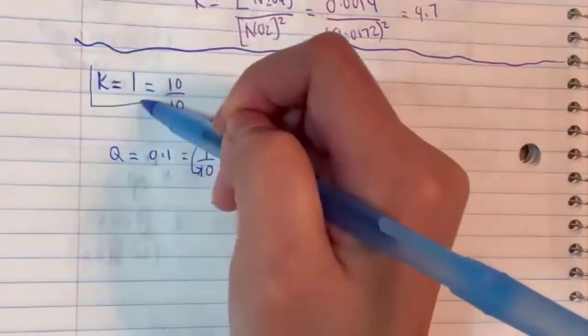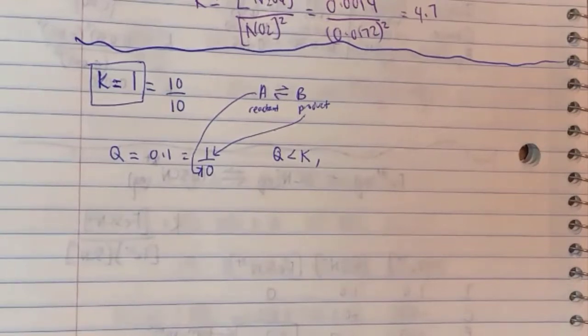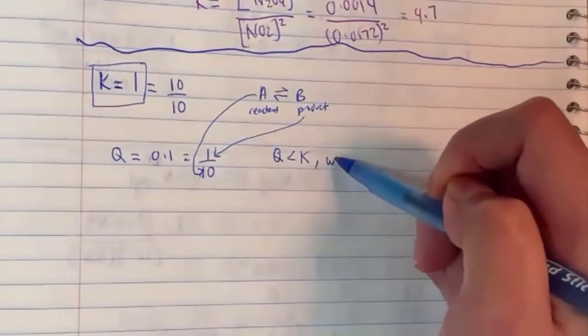because everyone's trying to get to K, sometimes in class I like to say this is like peer pressure, chemistry peer pressure. All the Q's want to be just like K. So they'll change themselves, conform themselves until they can get K, okay? So if Q is smaller than K, we have